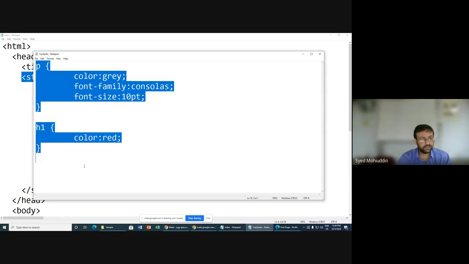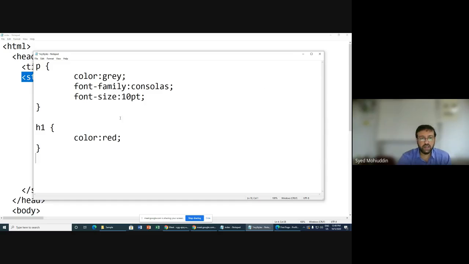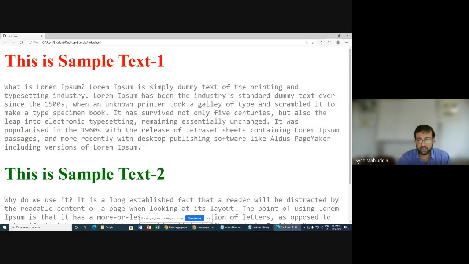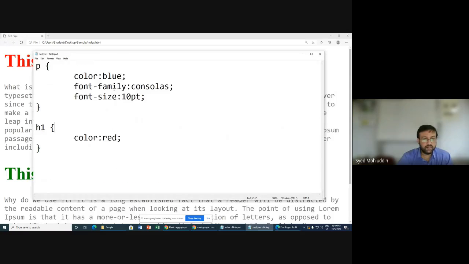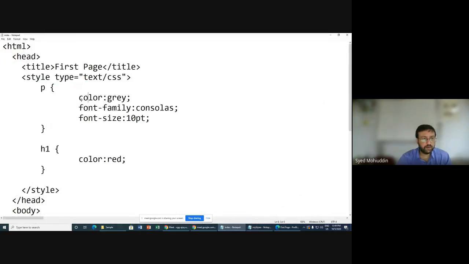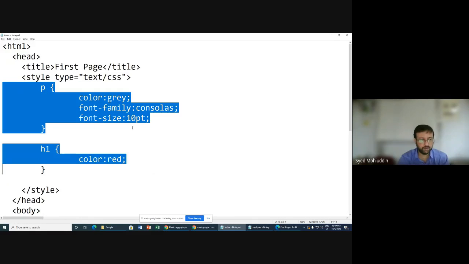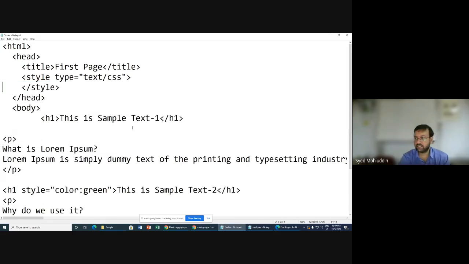So here I have these things I have defined. Let us change this color to, let's say, blue. I'm just saving this so that we can have the format in a different way. So I have changed this. Let me save this one. And then from this web page, we will remove these because we have already written that in the external file. Then here,